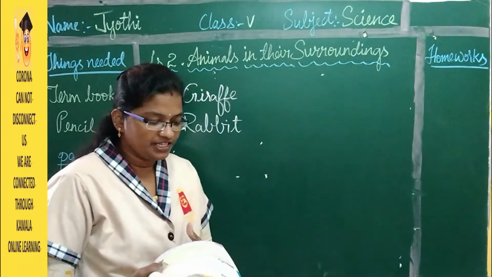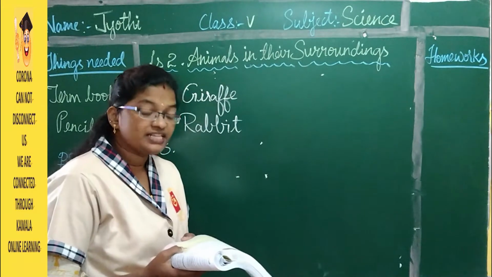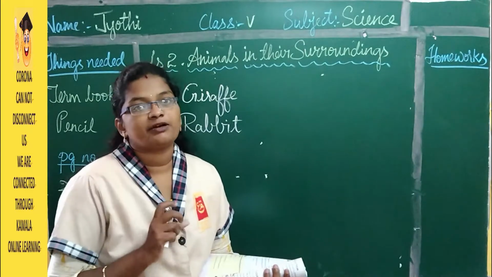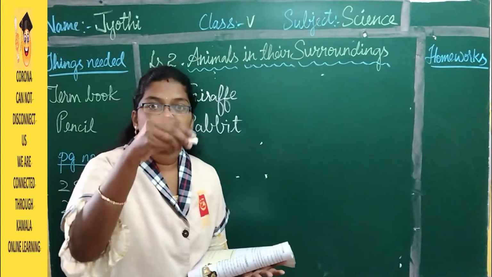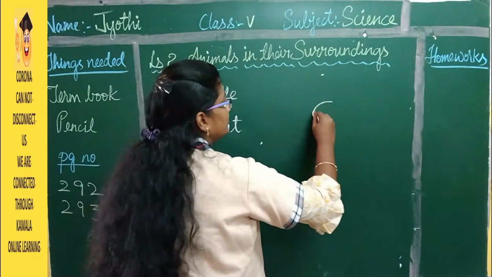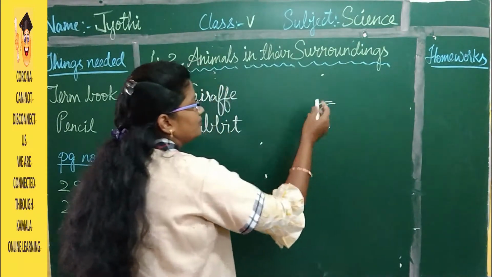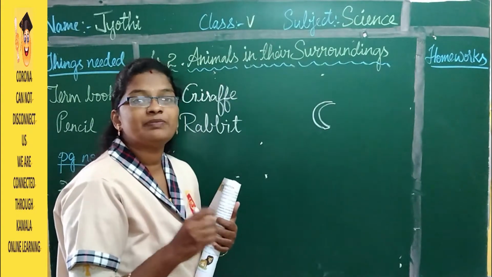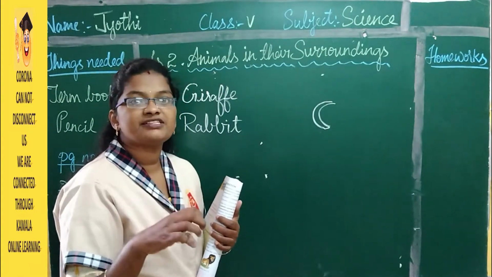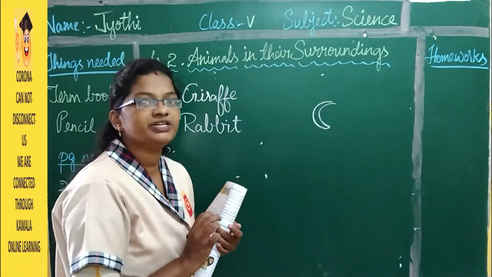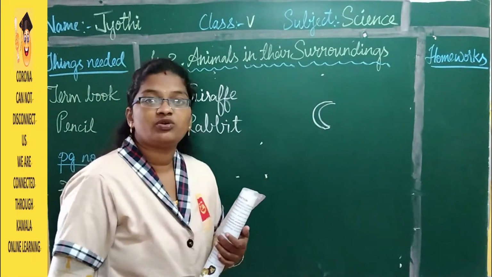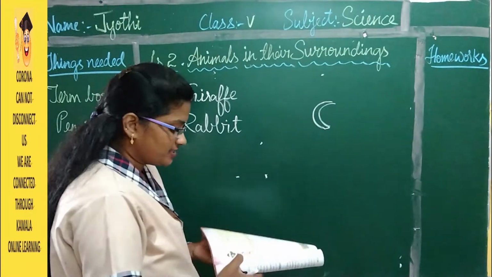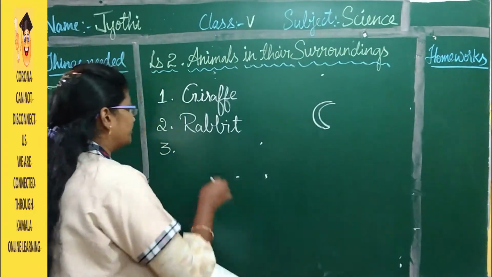And the third one, it uses its talons to catch its prey. Talons are nothing but the nails of that bird. If you look at those nails, they are curved like this, sharp. So these hook-like nails will help to hold the prey. Prey is nothing but the food of the bird. So these talons are going to help the bird to catch its prey firmly. So what is the bird over there? It is eagle.